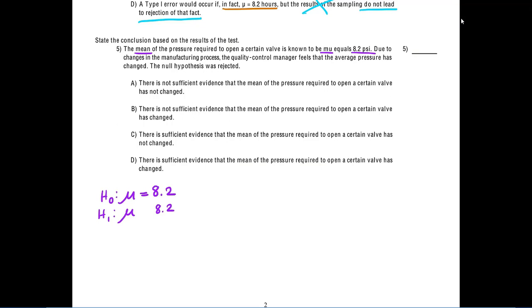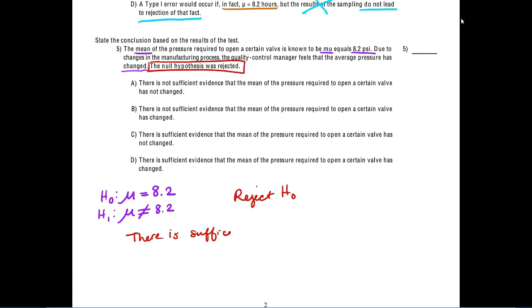Reading this sentence, the quality control manager feels the average pressure has changed. Does it say greater than? No. Does it say less than? No. So has changed is then not equal to. If they don't specify, then it has to be not equal to. Now, the other part it gives me is that the null hypothesis was rejected. So we reject the null hypothesis, which means there is